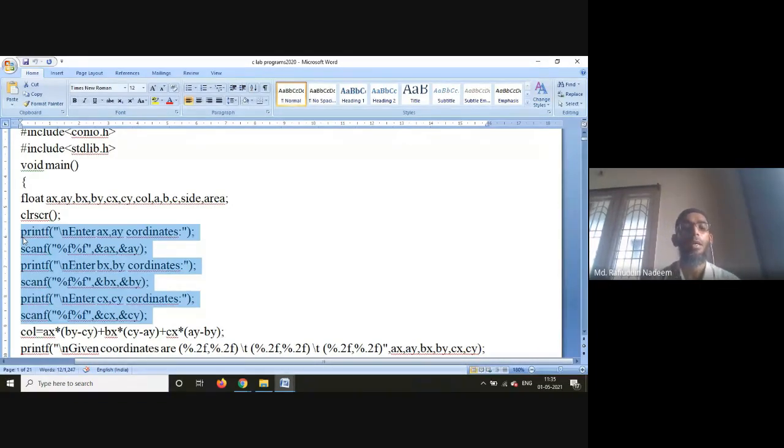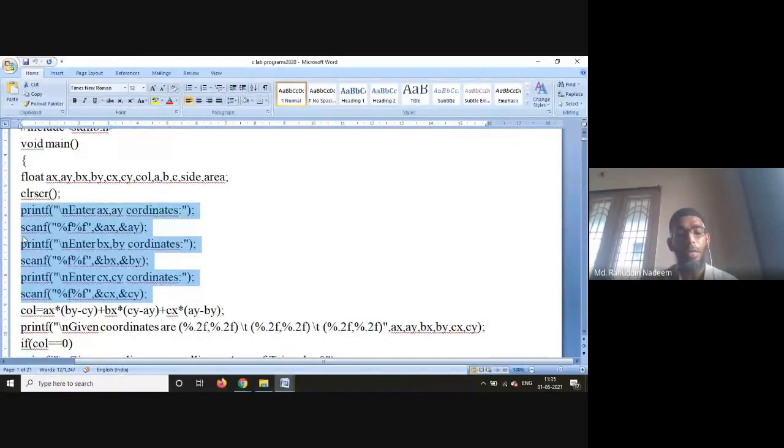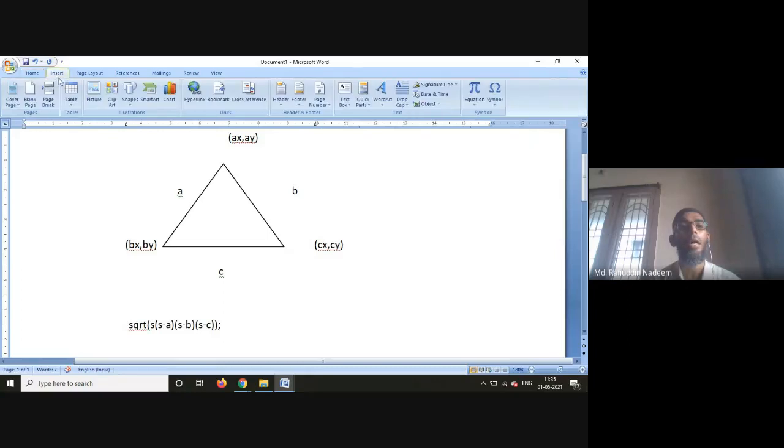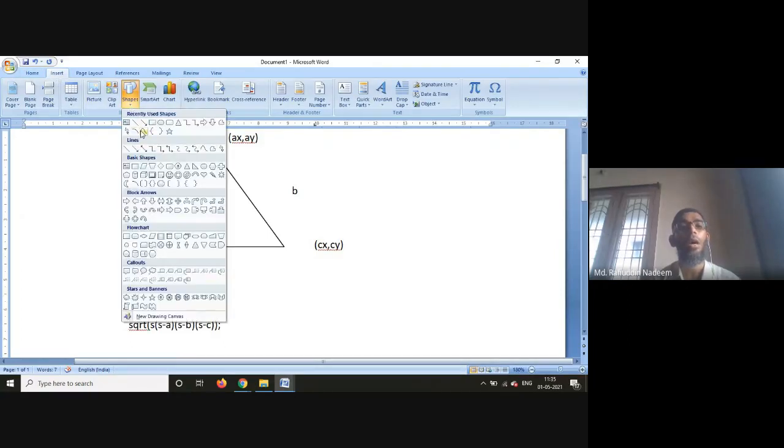we have a formula in coordinate geometry. As per your syllabus, I will read the question and explain what we have done. It is a program to read XY coordinates of 3 points, calculate the area of the triangle formed by them, and print the coordinates of the 3 points and the area of the triangle. What is the output from your program if the 3 points given are in a straight line? There is a chance that all three coordinates are on the straight line.